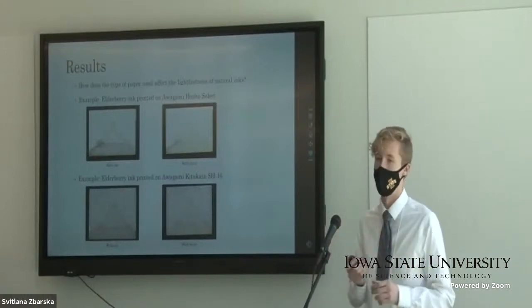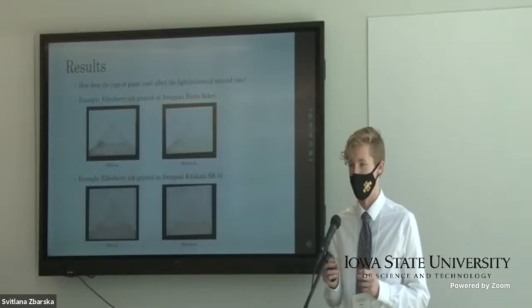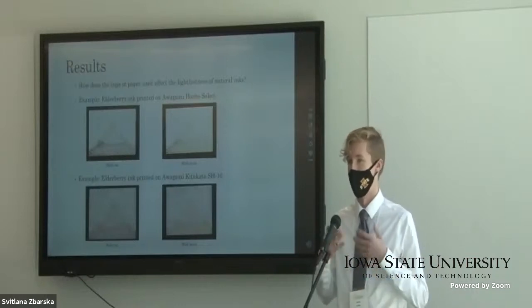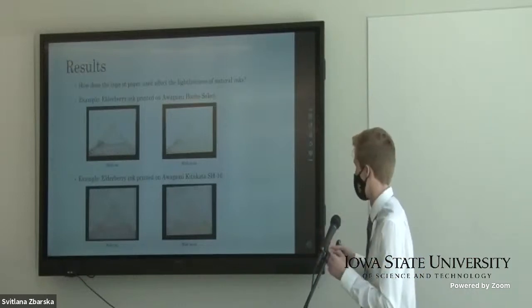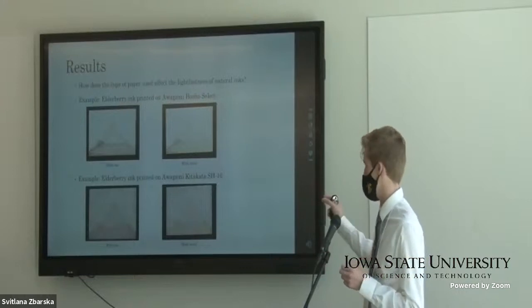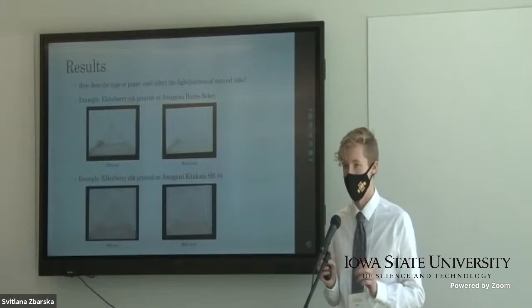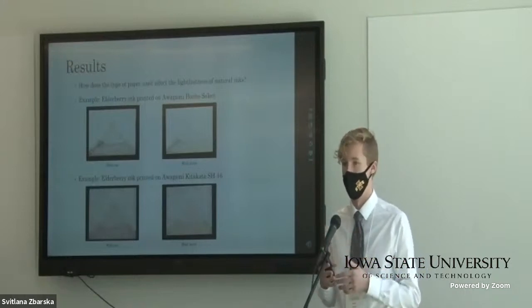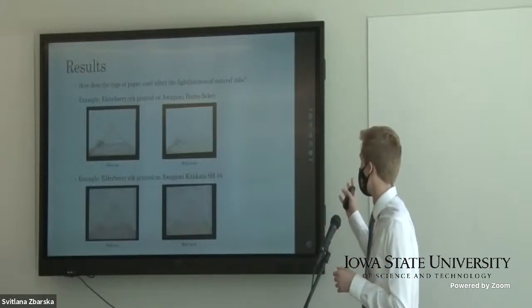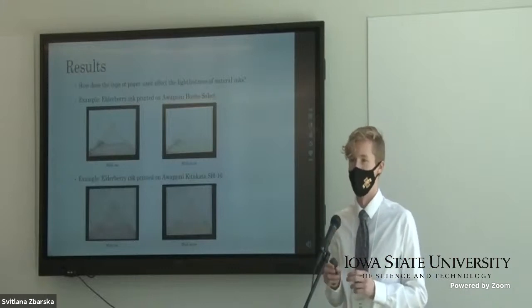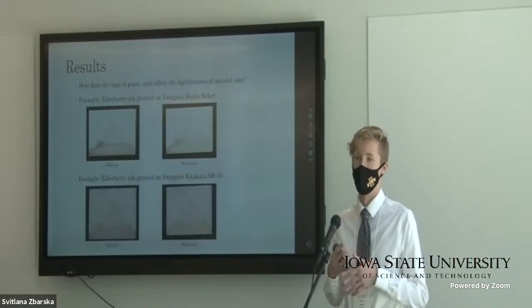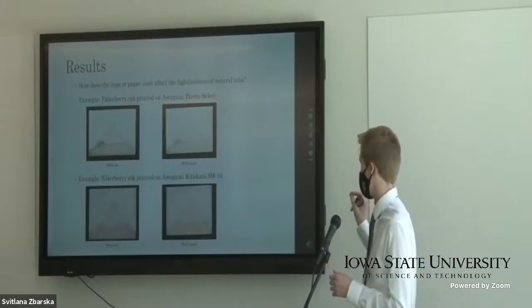And we'll also look at the elderberry ink printed on the Hitakata SH-16, which is one of the lighter papers that we worked with. And you can see this because the background kind of bleeds through the paper there on the bottom. Anyway, so in week 1, both of them were a dark red, brownish color. And in week 7, they turned out to be a lighter orange. And they both kind of have the same content on the paper there.